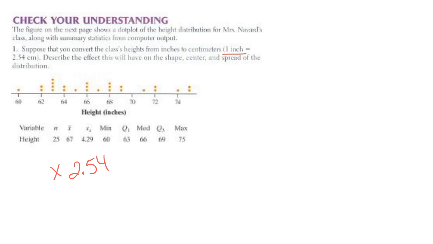What that will do for our center is increase it. It's going to multiply the center by 2.54. We have a mean here of 67, so it's going to alter our center by 67 times 2.54, which is